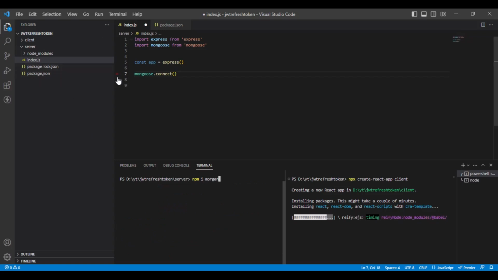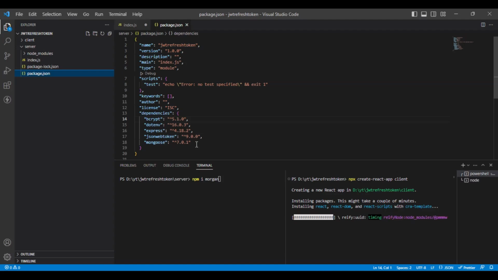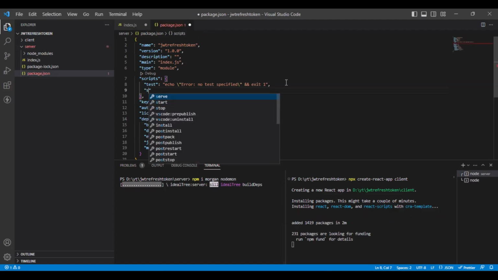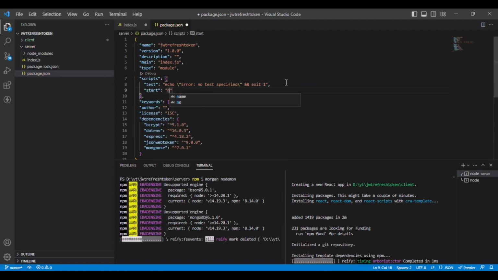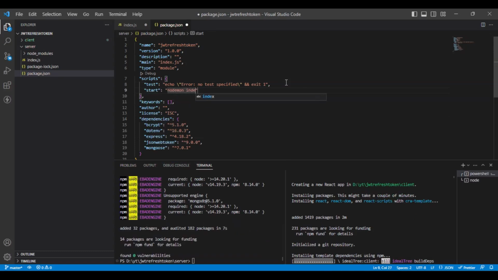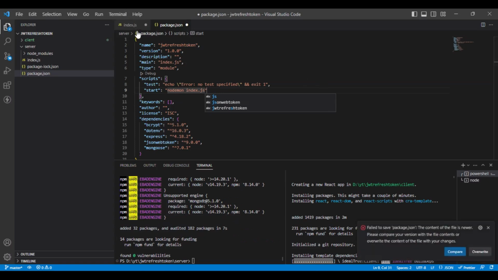And if we come here, these are the dependencies that we have installed. We will install one more. I forgot what we are missing. I think it will be nodemon. Yeah, so let me install these two as well. And here I will add one new script that will be start, and that will be nodemon index.js. Okay, so let me save this,